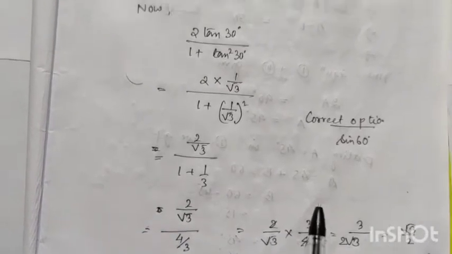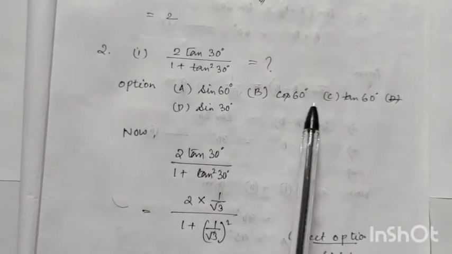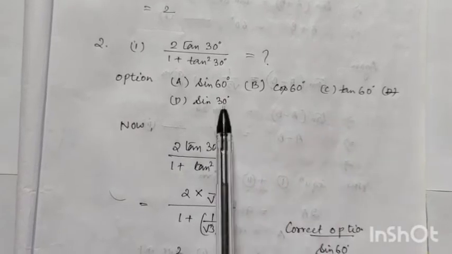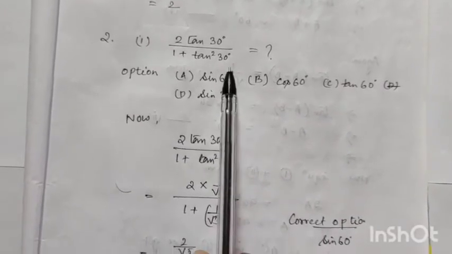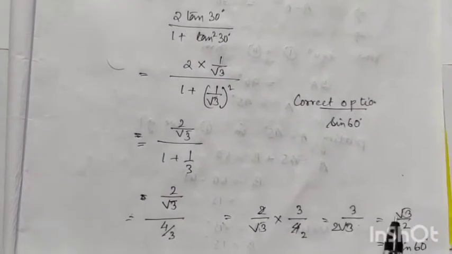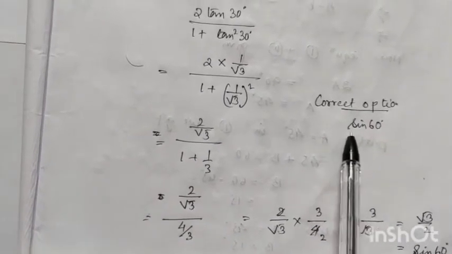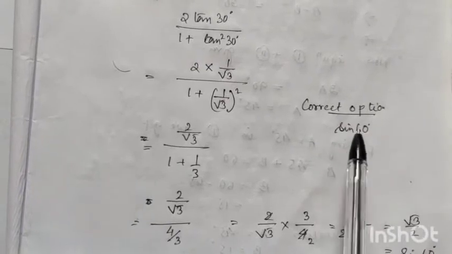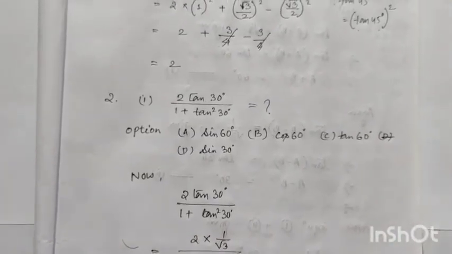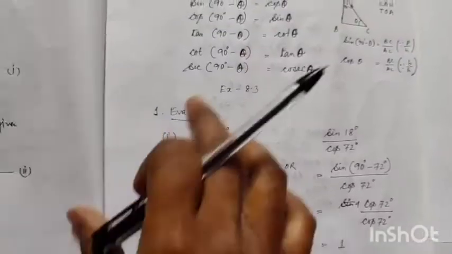Again, if you see all the values of these trigonometric ratios, you will get that sin 60 gives this value, that is root 3 by 2. So our correct option is sin 60 degree. I hope it is clear. Next,